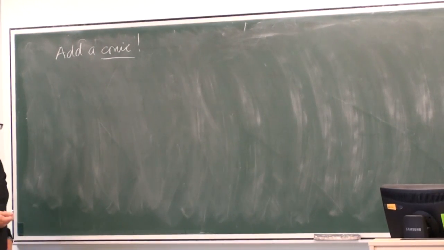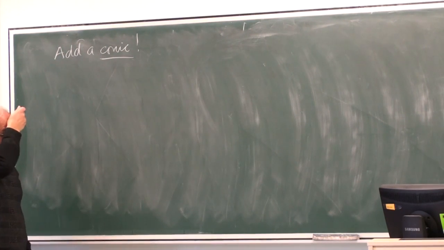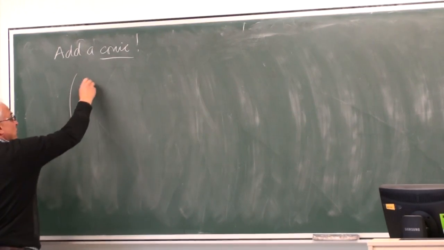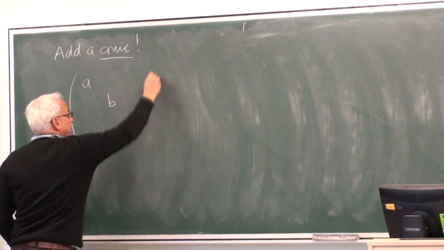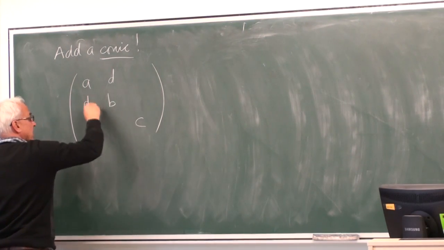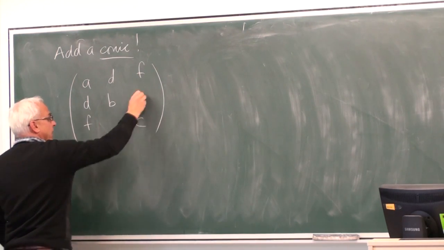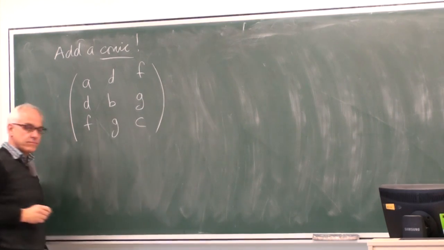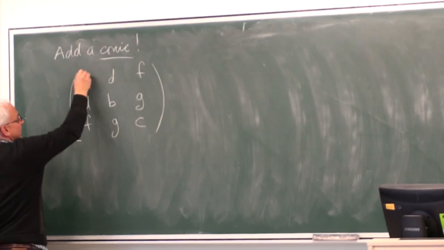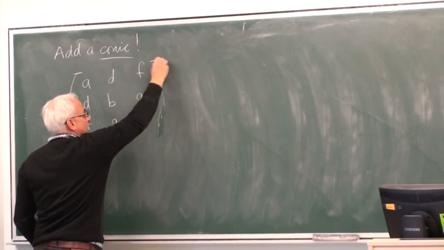To our projective plane. I remind you that we're going to think about things homogeneously, and a conic for us is going to be represented by a 3x3 matrix, and I'm going to use this form: A, B, C, D's here, F's here, and G's here. It's actually going to be a homogeneous thing, so I should probably use square brackets.